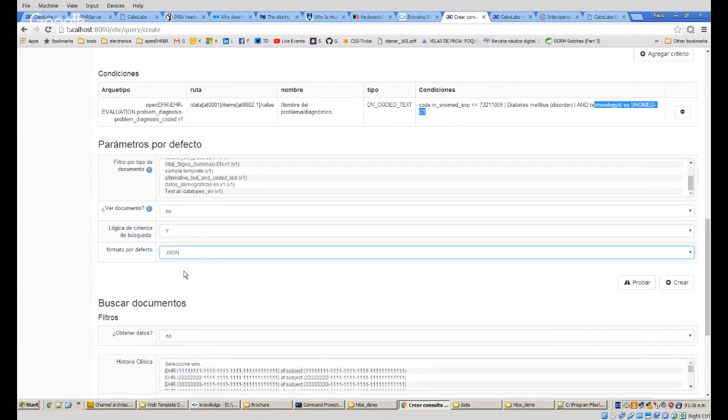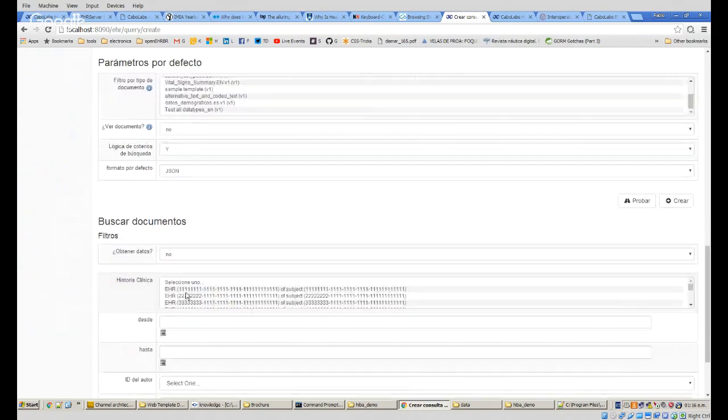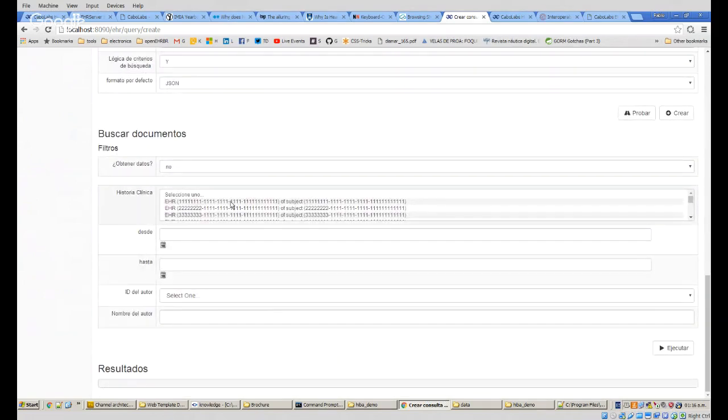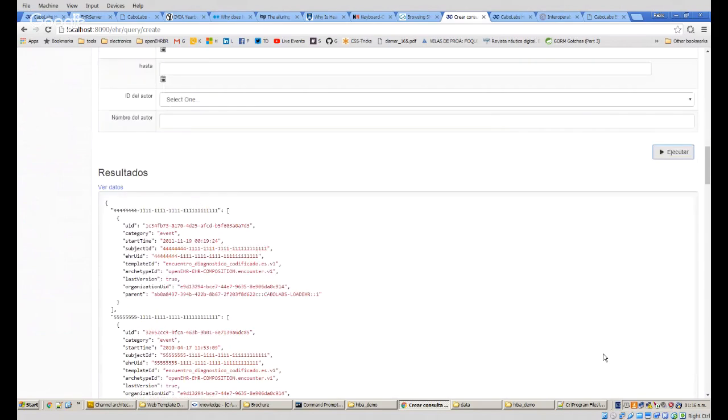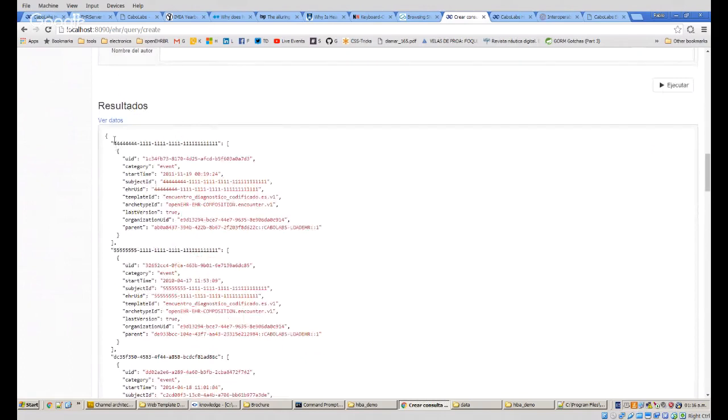What I selected here is the return format. It can be XML or JSON. JSON is more readable. Here I can filter by EHR, but if I don't select any EHRs, it will query all the EHRs in the database that I have access to. So I will just click execute, and it will take some time and will return some results. So the results are ready, and these are the IDs of the EHRs, and inside of them there is